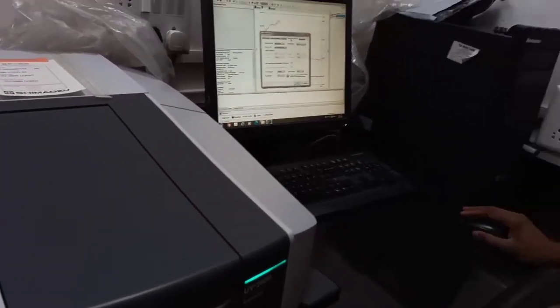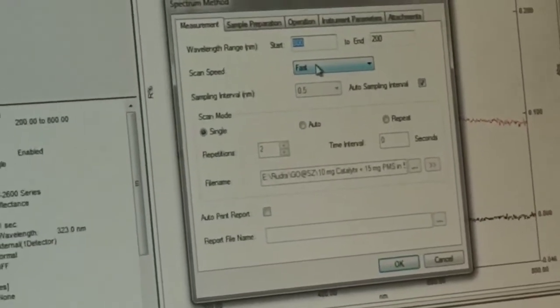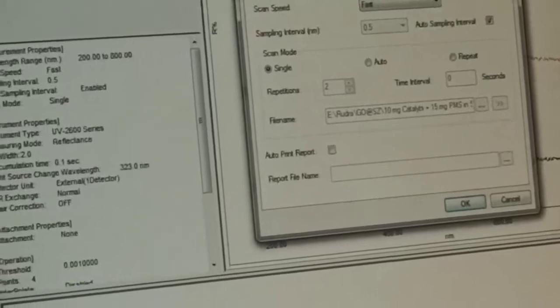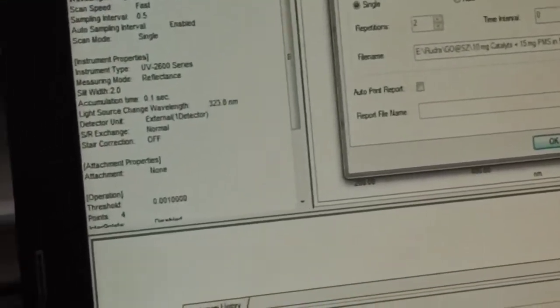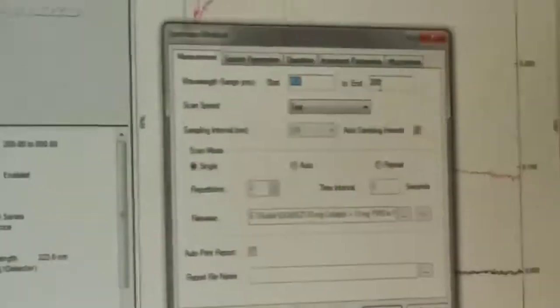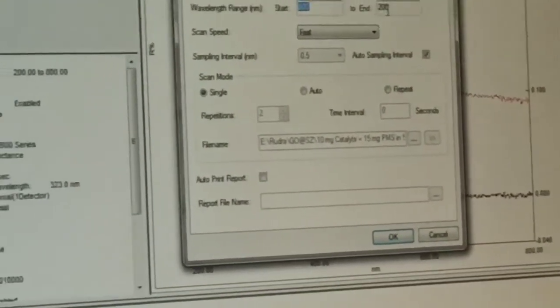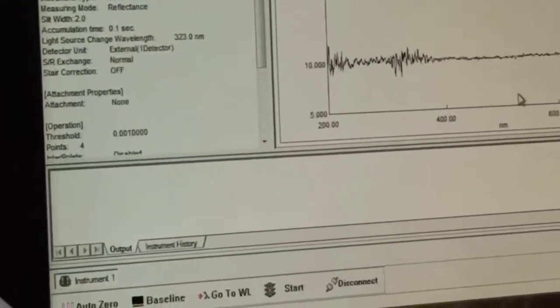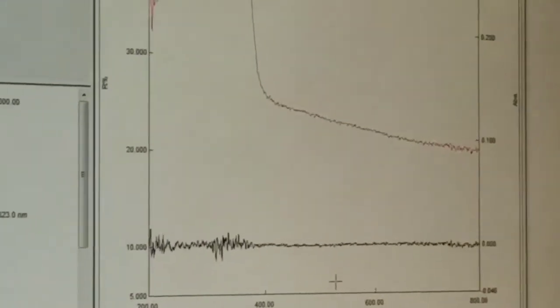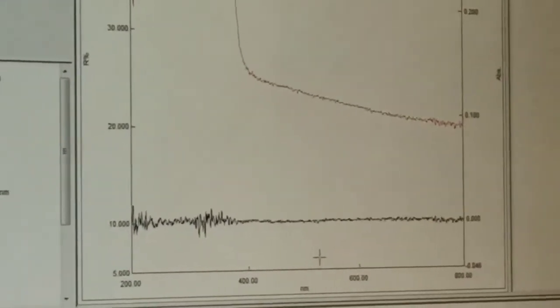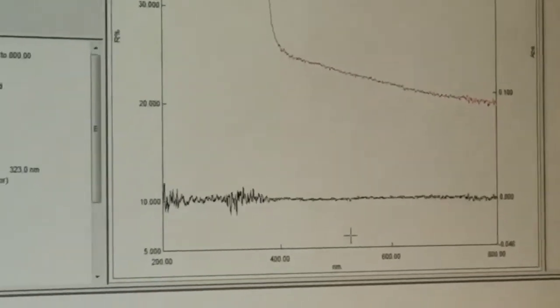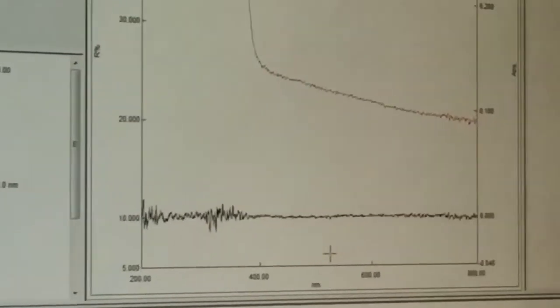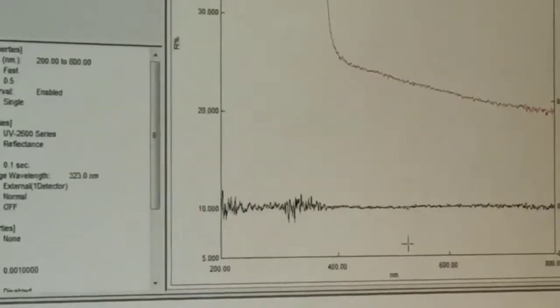In operation, instrument parameter, measurement, this is the range in which you want to scan the sample. 800 to 200, normally it is full. We are scanning the full range. If your material is active in UV or visible and you don't want the extra, you can do 400 to 600 according to your requirements. We take the text file and cut off this portion in Origin. Sometimes the reviewer asks for the full scan, because maybe there is a strong absorption band in UV. That's why we do the full scan.